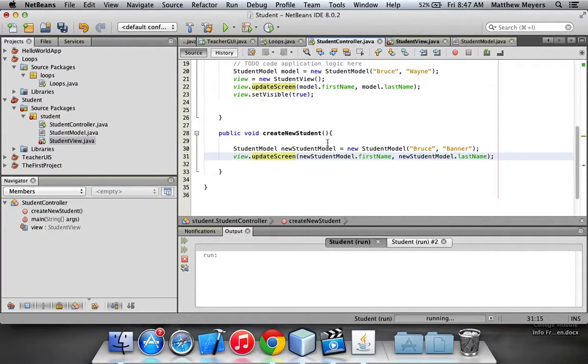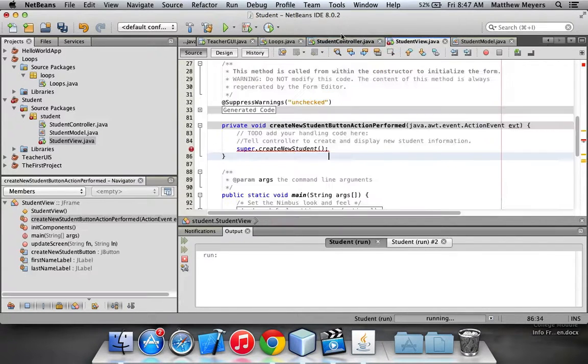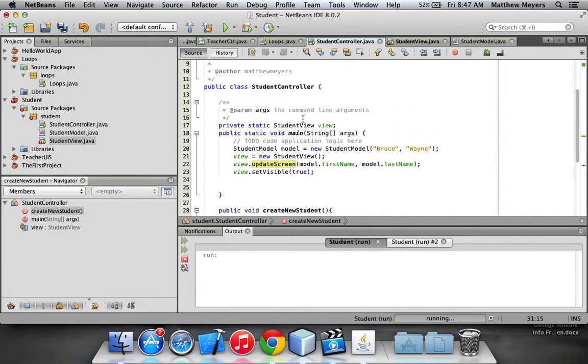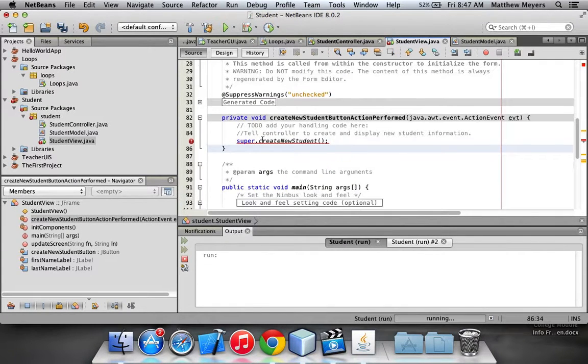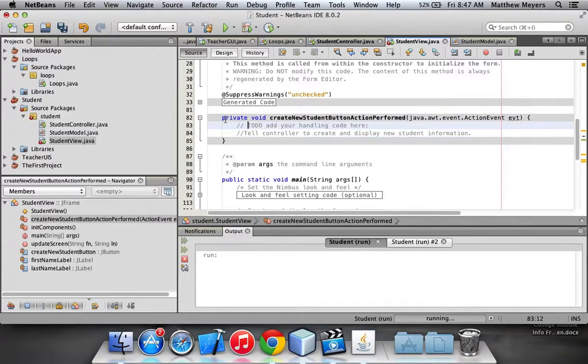What you do is something called adding an event listener from the controller to the view. So here's what we're going to do. We're going to go back into our view, and notice how we have our button handling method here, which was automatically created for us by adding the button to the design screen. So what we actually want to do is we want to